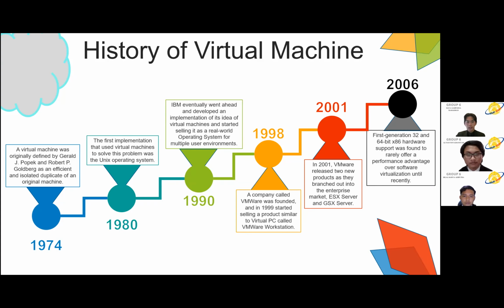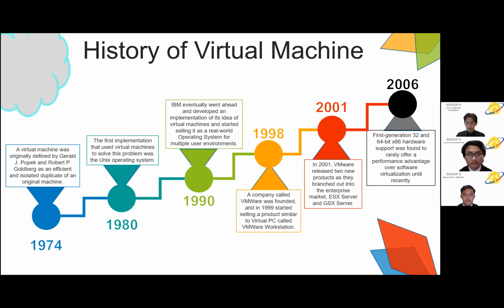In 1990, the first implementation that used virtual machine to solve this problem was the Unix operating system. In 1990, IBM eventually went ahead and developed an implementation of its idea of virtual machine and started selling it as a real-world operating system for multiple user environments. In 1998, a company called VMware was founded, and in 1999, started selling a product similar to Virtual PC called